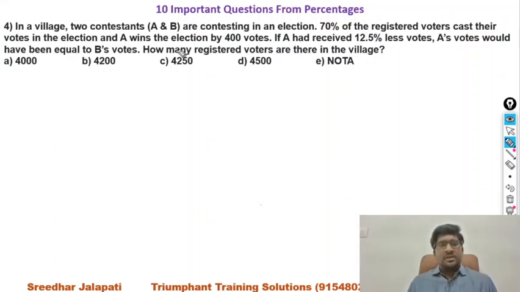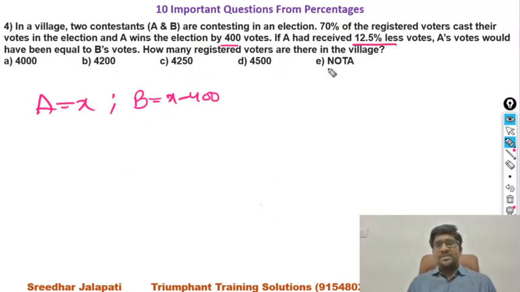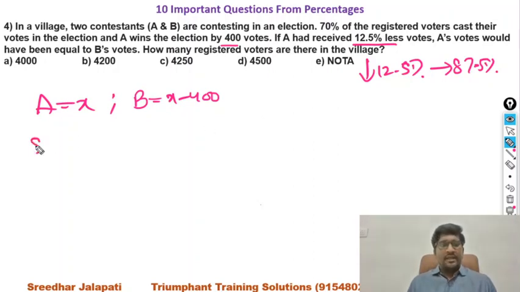Now we do not know how many votes A got, so let us assume A got X number of votes. As A wins the election by 400, that means B got 400 less than A. So let us assume B gets X minus 400. Had A received 12.5% less, that means if something is decreased by 12.5%, then what is the resultant? 87.5% of it. So had A received 87.5% of X, that is 87.5 by 100 of X,